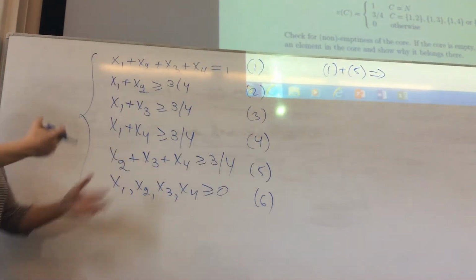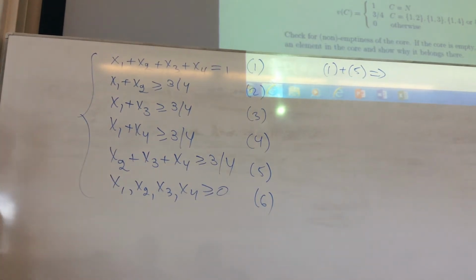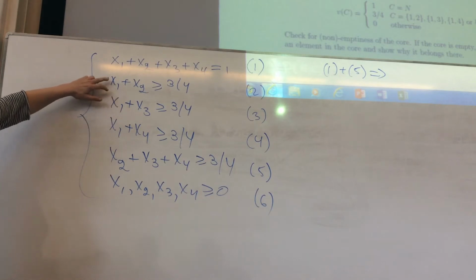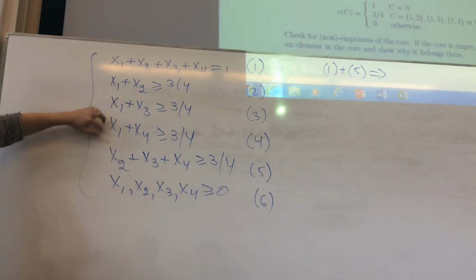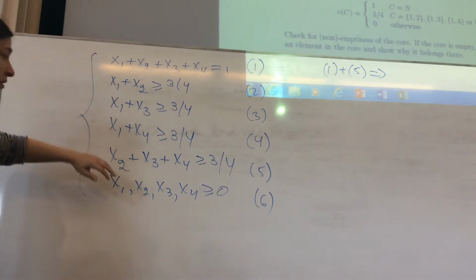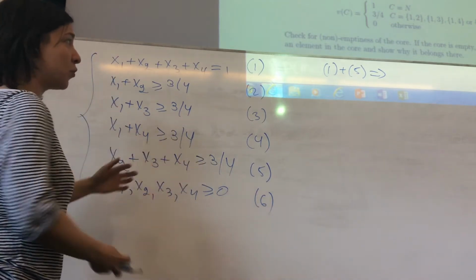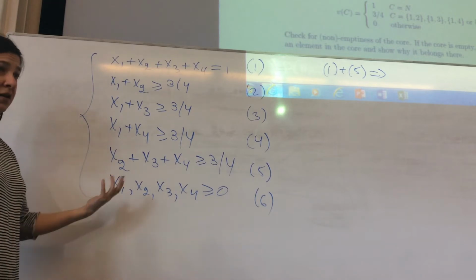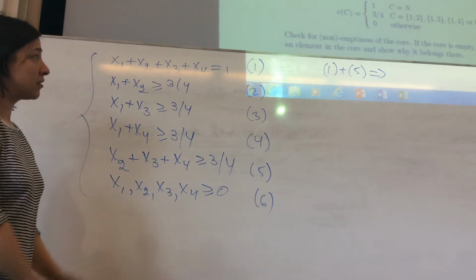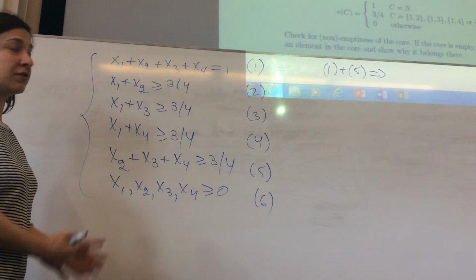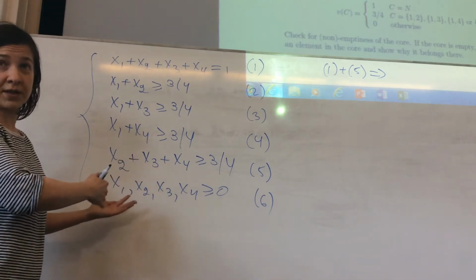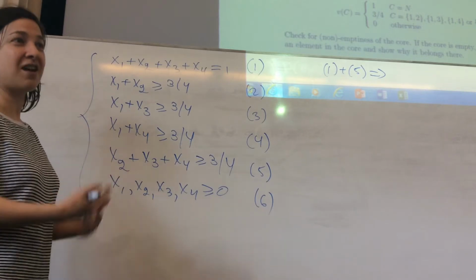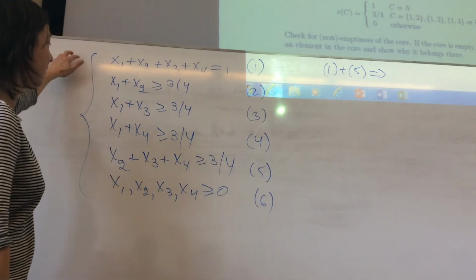there are different ways to find a contradiction. I'll just take one that I find easier. Some people summed up these 3 equations and found something. I did it differently, but there are a few ways. What you have to do is find a contradiction in the system, so that no vector can satisfy the system. This is to show that the core is empty. Everyone answered the question correctly. The reason they gave was not quite correct for everyone.